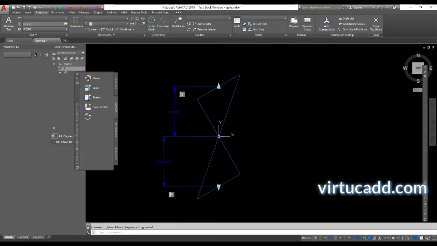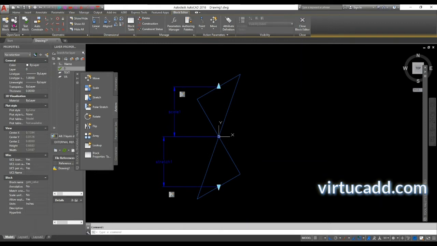Okay, so we got our scale and stretch applied. Next is flip. Flip is just like a mirror. We want to mirror this symbol about this vertical y-axis. So we will add a parameter called flip here, with the base point, of course, the center, and it will have a line here, and here is the flip. So here the flip symbol appears.